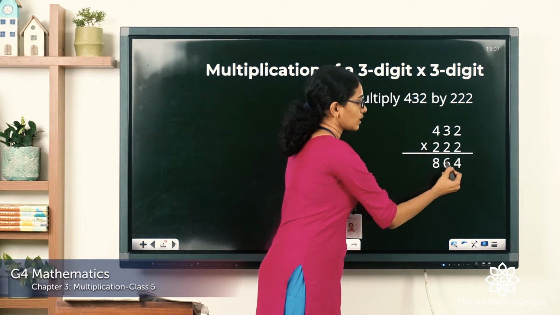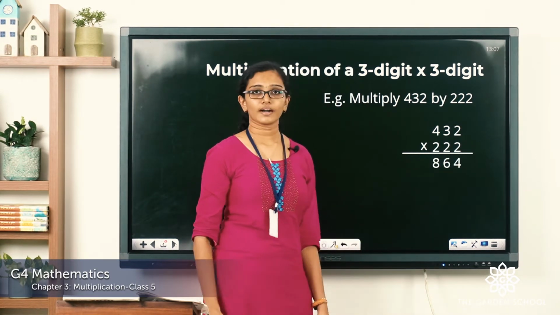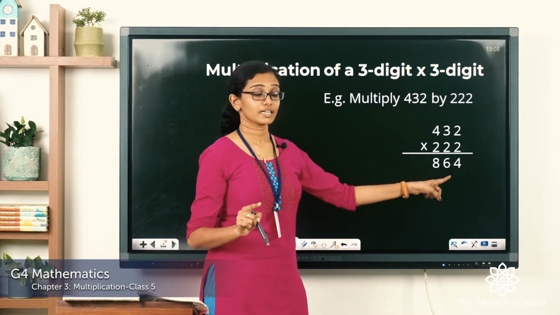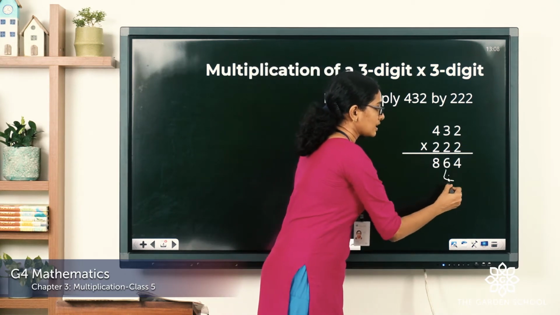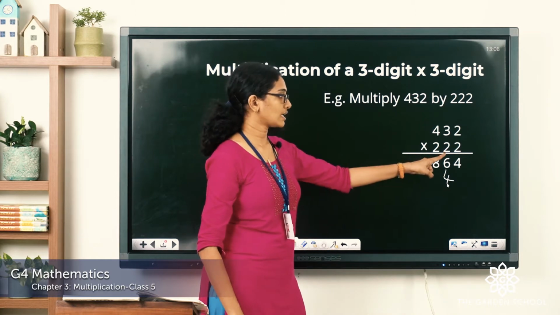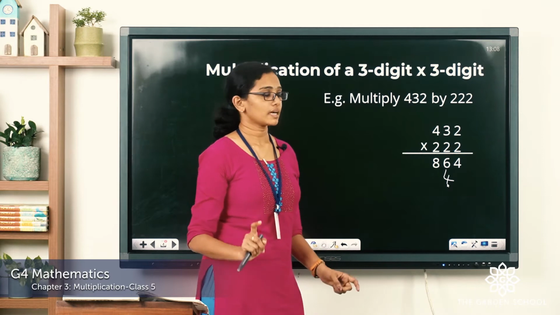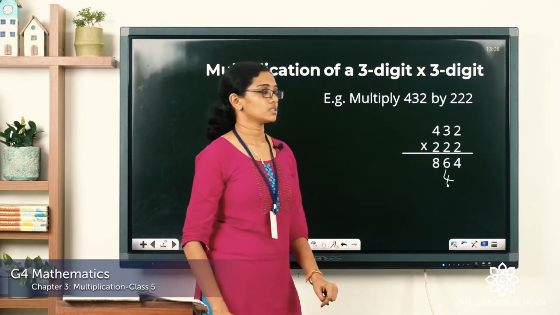2 into 2, and since we are multiplying with the tens digit, we have to write that product in the tens column. Remember, you have to write that number in the tens column. So 2 into 2, you write 4 in the tens column. But actually you are multiplying 2 tens or 20 into 2, which gives you 40. We'll come to that point. Just do 2 into 2, 4, and write that in the tens column.